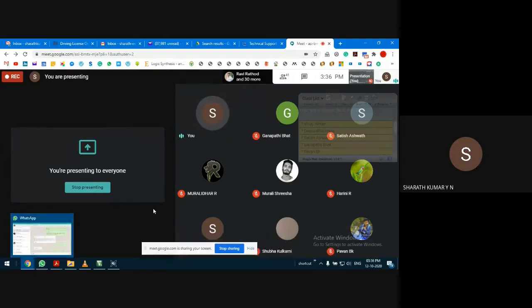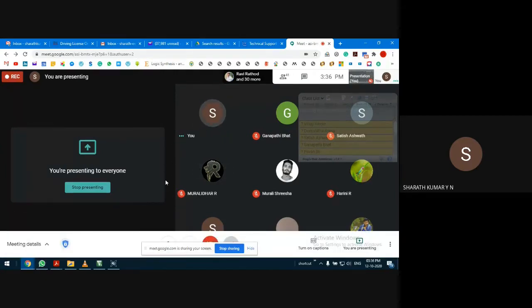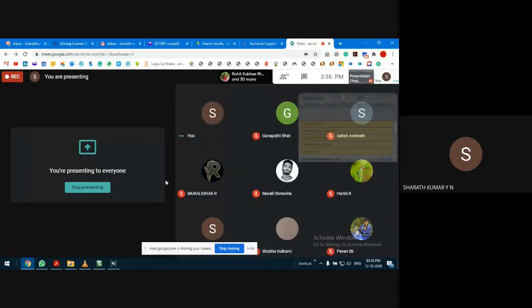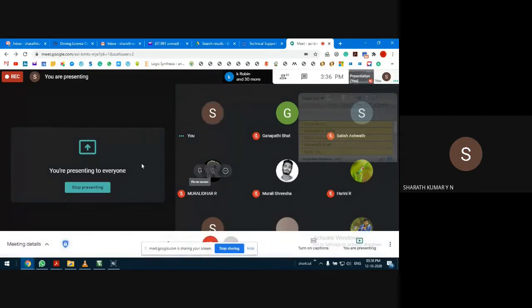Guys, I think I already shared the link to download the Proteus software. So you can download it and follow the steps to install the software and start working on it. Because the situation as of now is that we have to do the experiments using this software. When the college resumes and we are going to work on actual hardware, no idea. So at least we have to acquaint ourselves with this new normal.